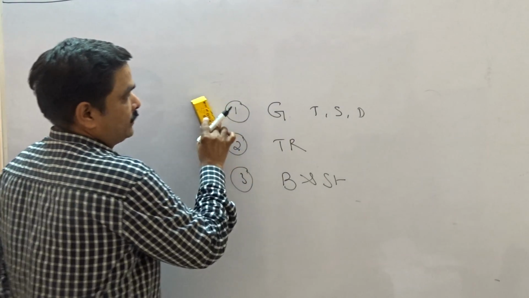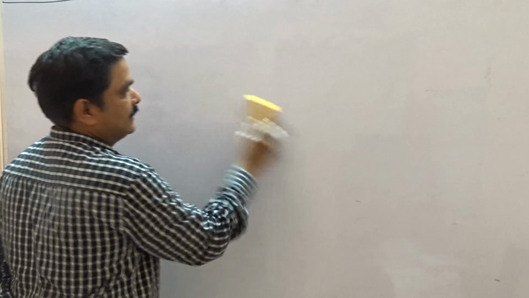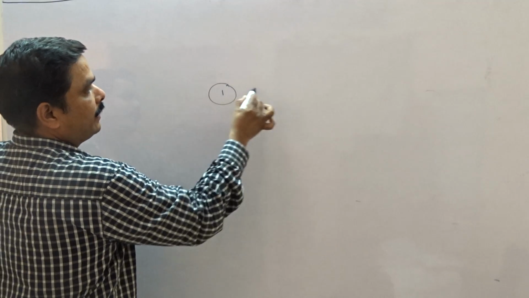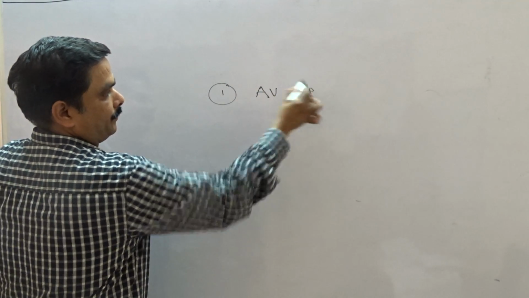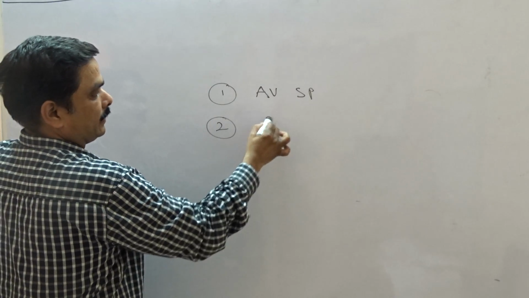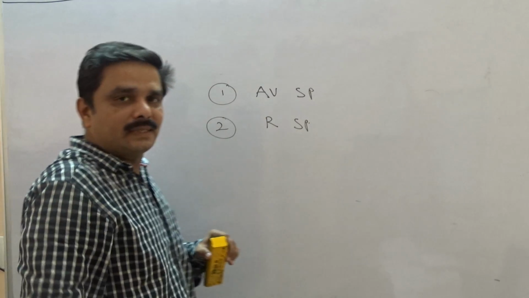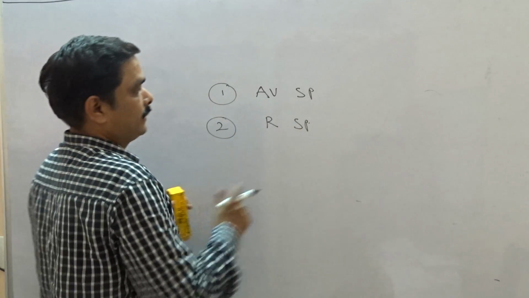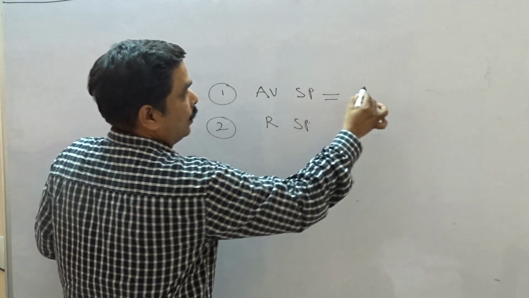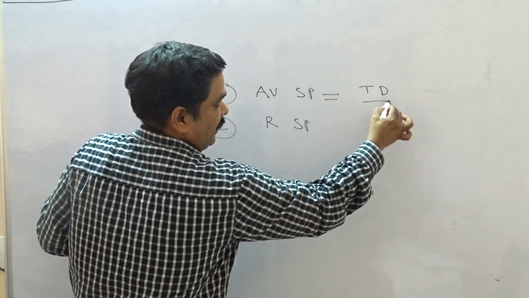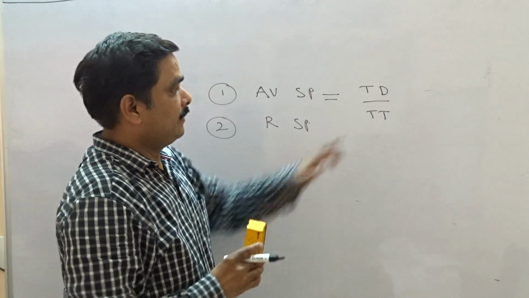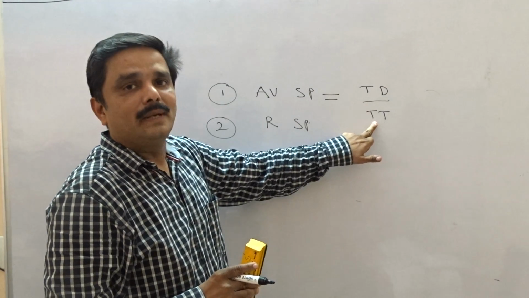To go for general problems, apart from the relationship among speed, distance and time, one or two other concepts are important. The first one is average speed, very important. The other one is relative speed. This is also important. Let us have a detailed discussion of average speed and relative speed. Average speed is total distance travelled divided by total time taken. You can calculate average speed by dividing total distance by the total time taken.